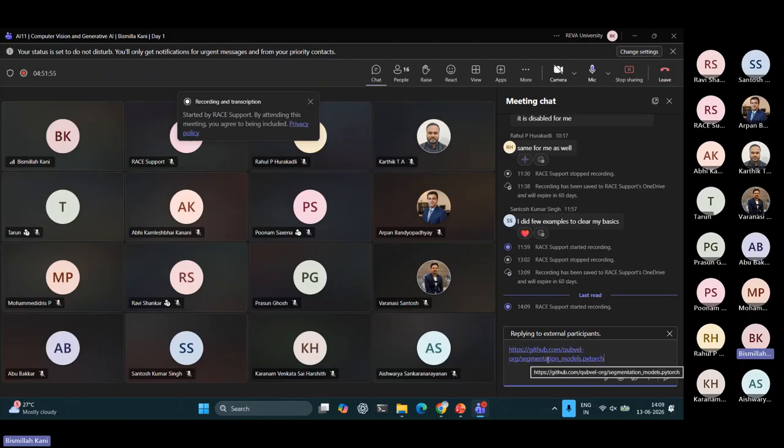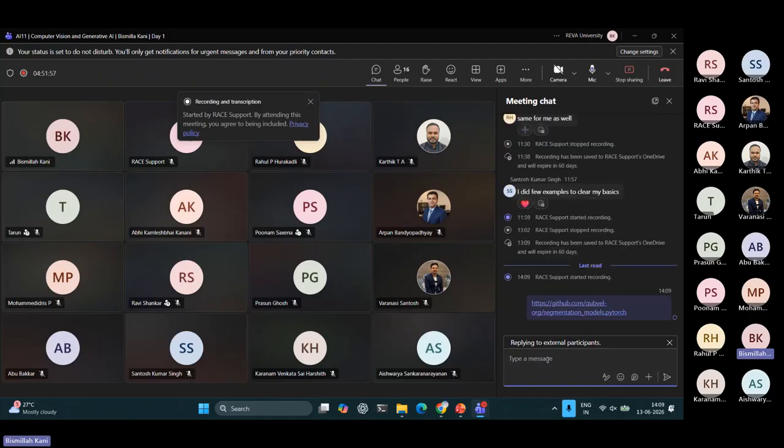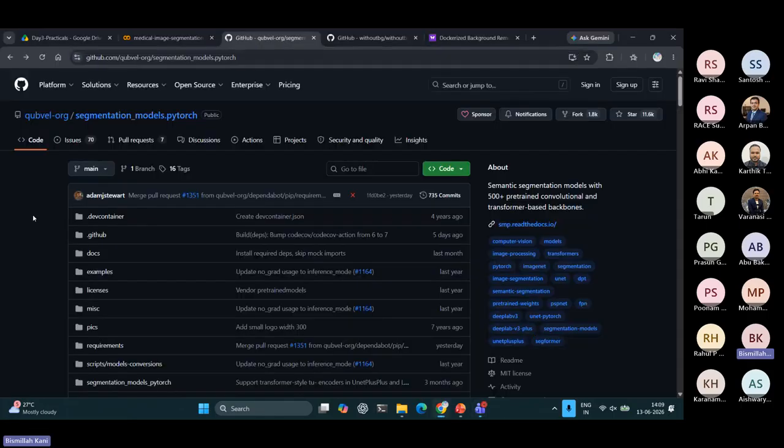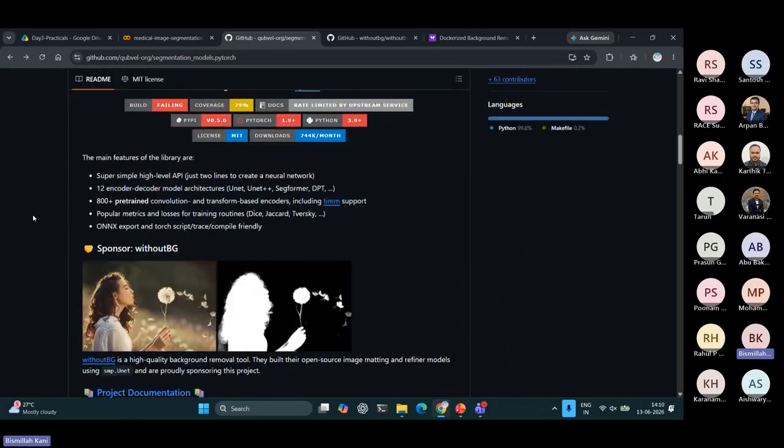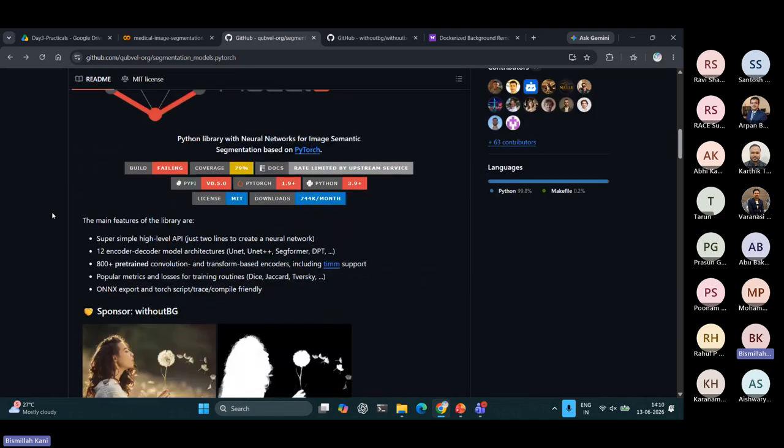This is segmentation. So this would be a recommended GitHub to explore. So what does this have? The main feature of this library is that you could implement a segmentation model with few lines of code, because they do some high level abstractions and expose all the underlying detailed implementations as high level APIs. And with just a couple of lines, you can create a